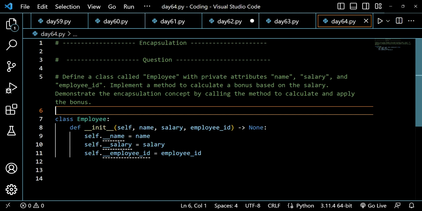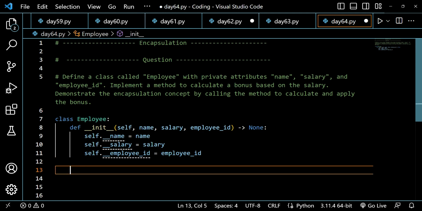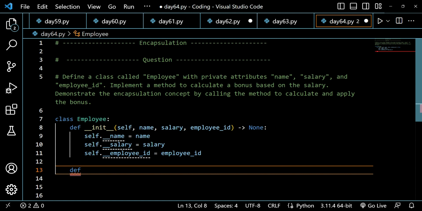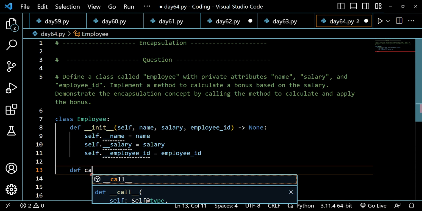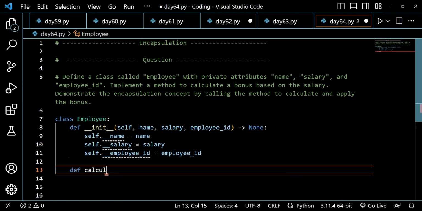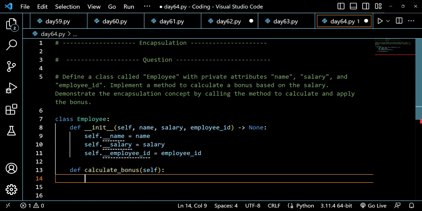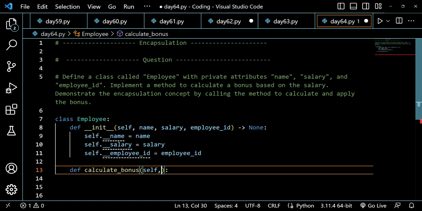All right, so as per the question, we have done the first part. Now we have to implement a method to calculate the bonus based on the salary. So we have to create a method here, which calculates a bonus based on the salary. We will be naming this method calculate_bonus, and in this we will be passing self, of course. And then to calculate the bonus, we have to pass one argument here, that will be our bonus,